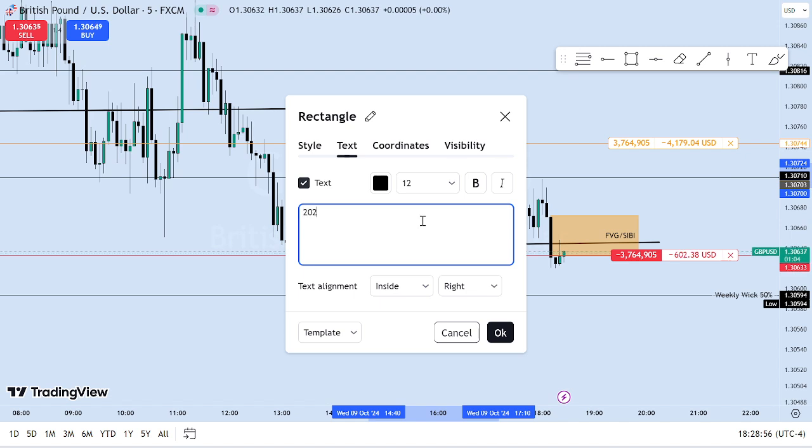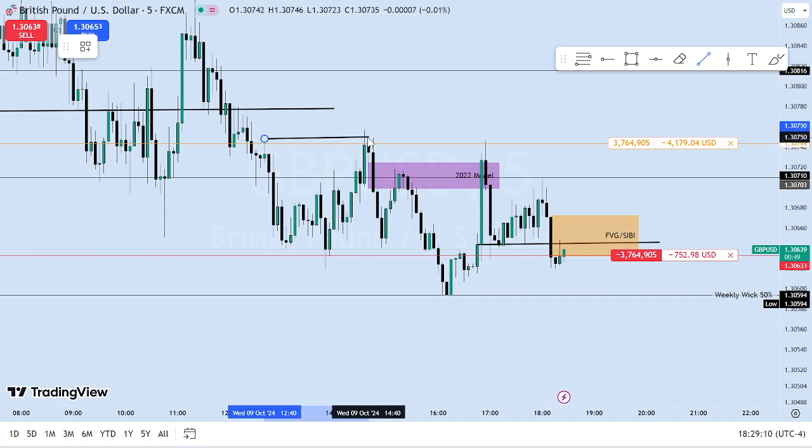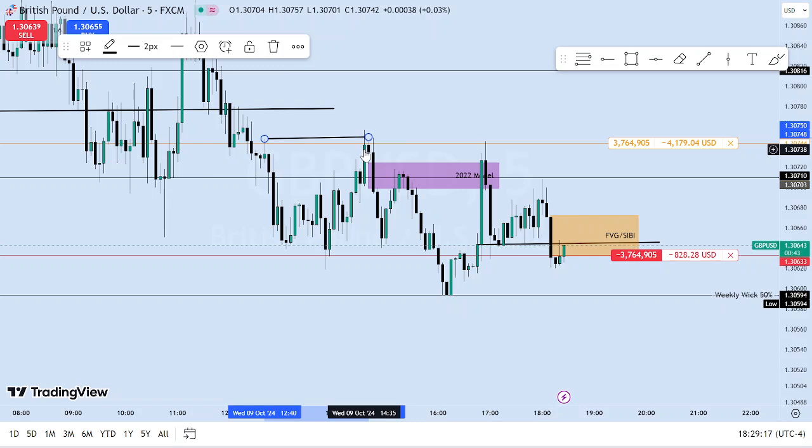Twenty 22 model. Yeah, we took out a high here. Took out a high. Already we have a high. Then this is a Judah swing. At what time of the day? 2 o'clock. Watch the screen below. That's 14 at 2